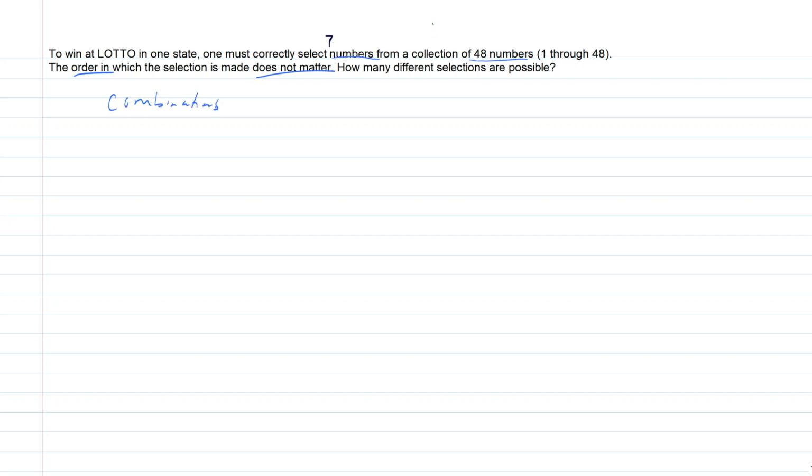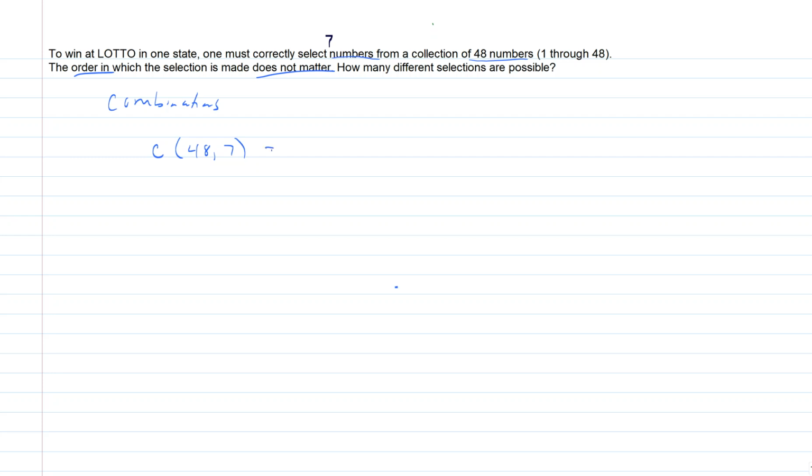Okay, so for combinations, how many items do I have to choose from? There are 48 numbers altogether, and I need to pick 7 of them. So that number is going to be our answer. Now, a lot of calculators have a function built into them that will work out combinations and permutations. So if you want, talk to me about your calculator, and I'll let you know if it's on there